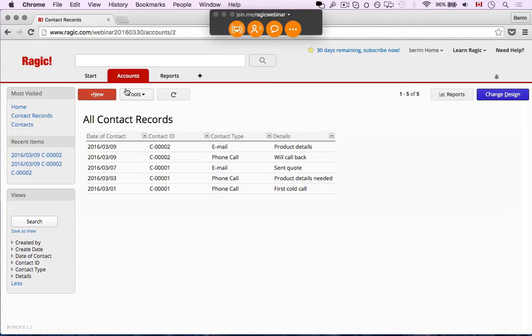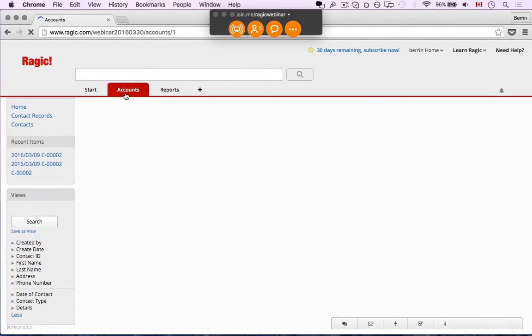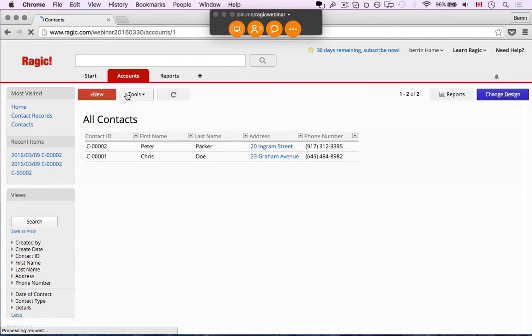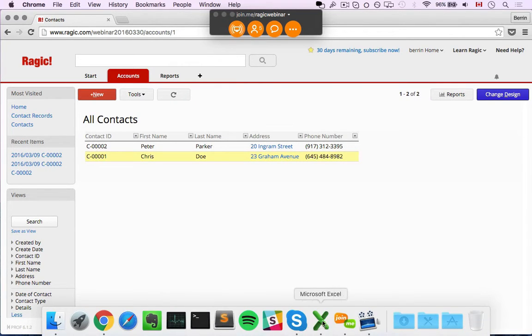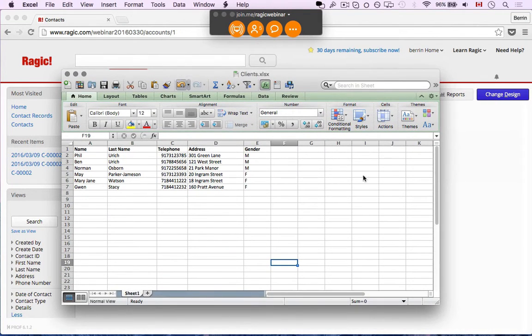So a lot of times people ask me how do I import entries into an existing sheet. So let's go to our contacts, and if you have like thousands of contacts in a spreadsheet, then importing it is pretty easy. Let's see, I have an example over here. Let me drag that from my second screen. There you go. Okay, so usually